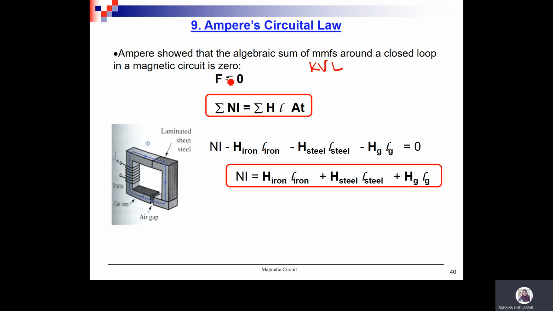Last week we learned that F equals Ni, and then you rearrange to get this one. So total of Ni equals total of HL. And this formula depends on the type of material